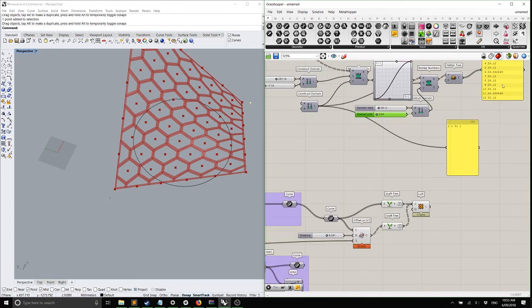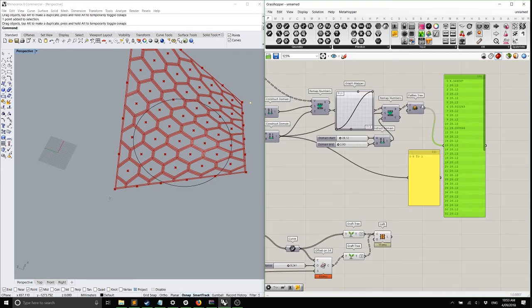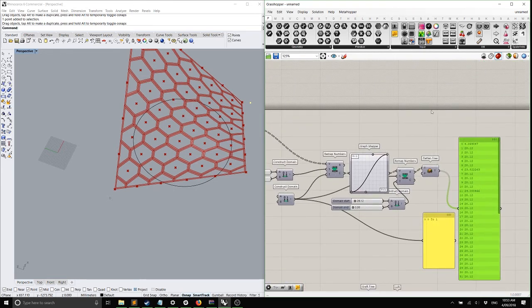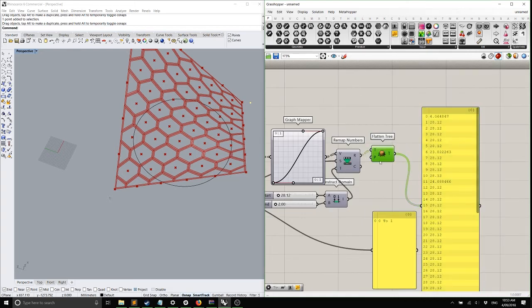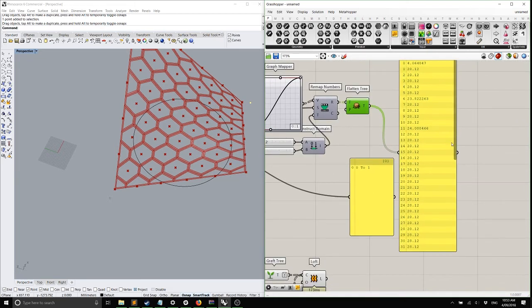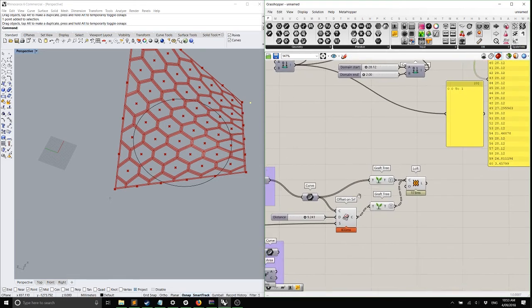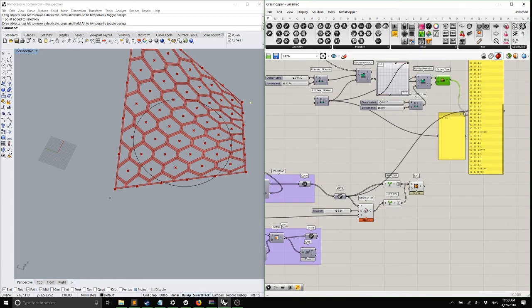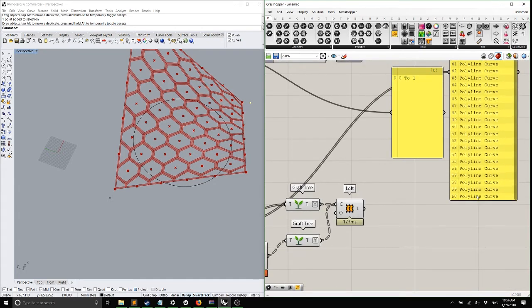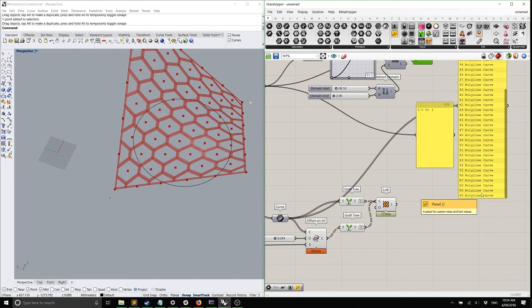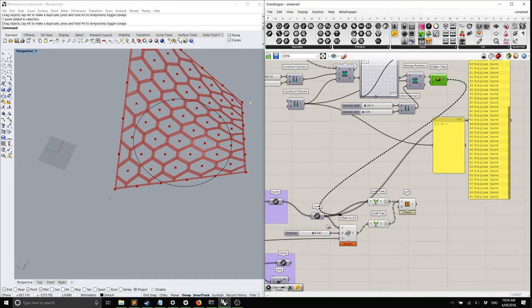And fortunately, if we just check, get rid of the lines and the circles and whatever, get rid of them. All we need is this flattened tree. If we check that flattened tree, we can see it has 60 values in it. In your case, it'll have a different number. And if I go down and check the curves that I'm offsetting, that has 60 curves. I have 60 values for 60 curves. Brilliant. So if I plug my flattened tree into my offset on surface,